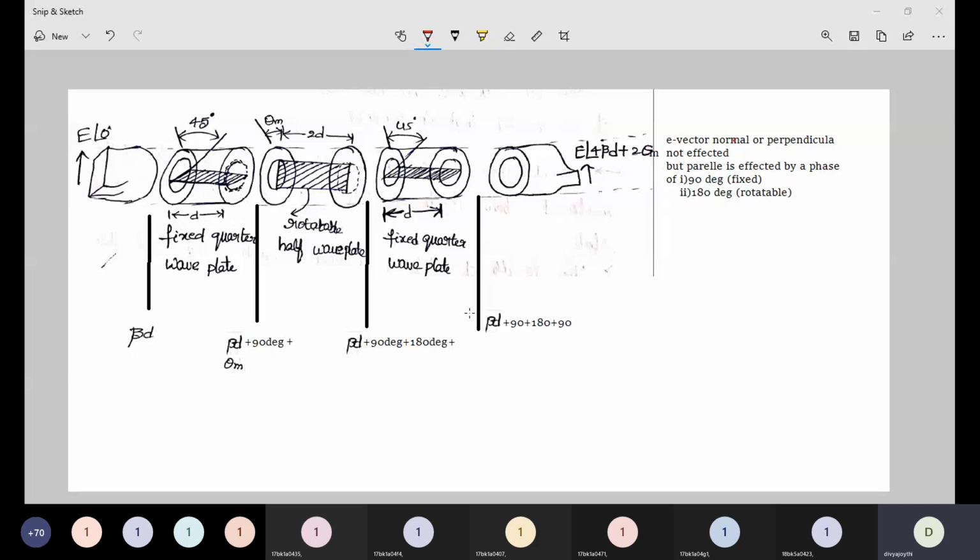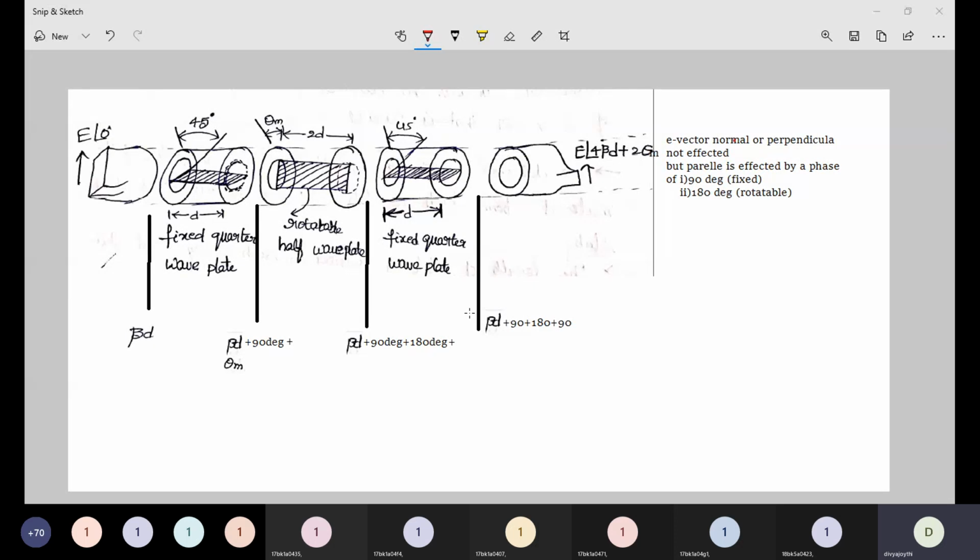So like this, when the wave comes out of the second fixed waveguide, at the receiving end, the total amount of phase shift produced by this rotary vane phase shifter is going to be 4 beta d plus 2 theta m. 4 beta d plus 2 theta m is the phase shift that was introduced by this rotary vane phase shifter to the wave that has passed through this particular circuit.